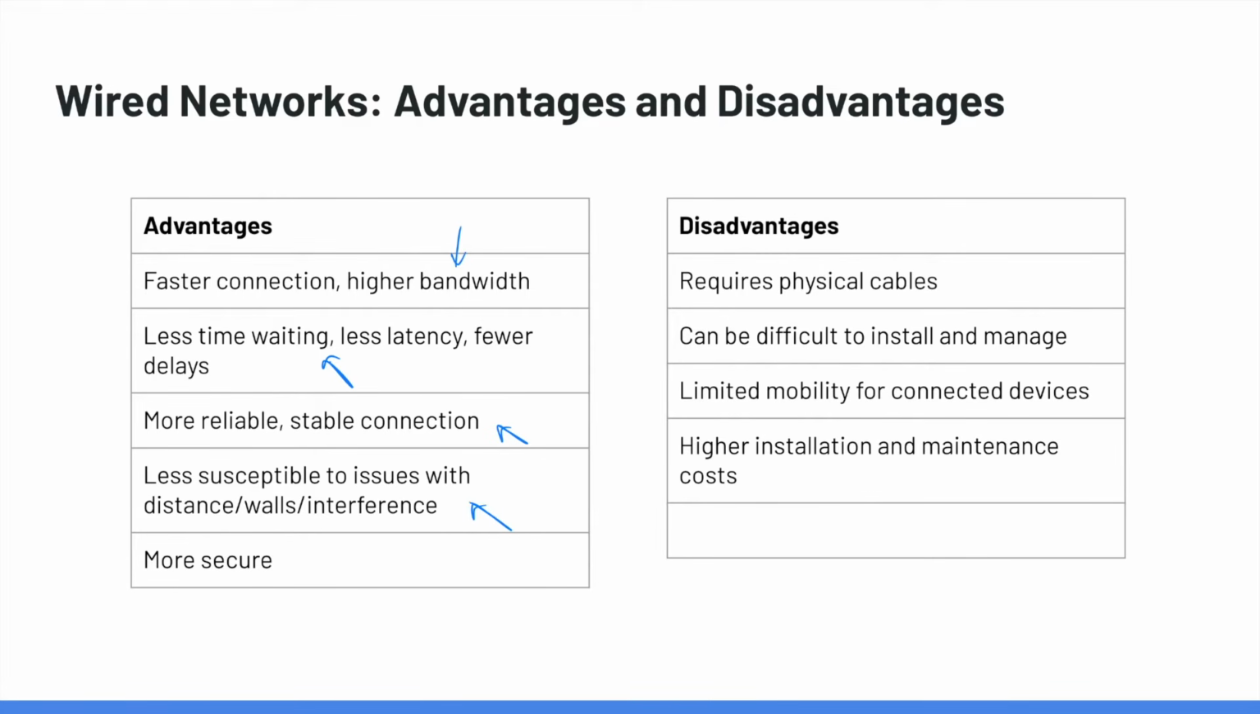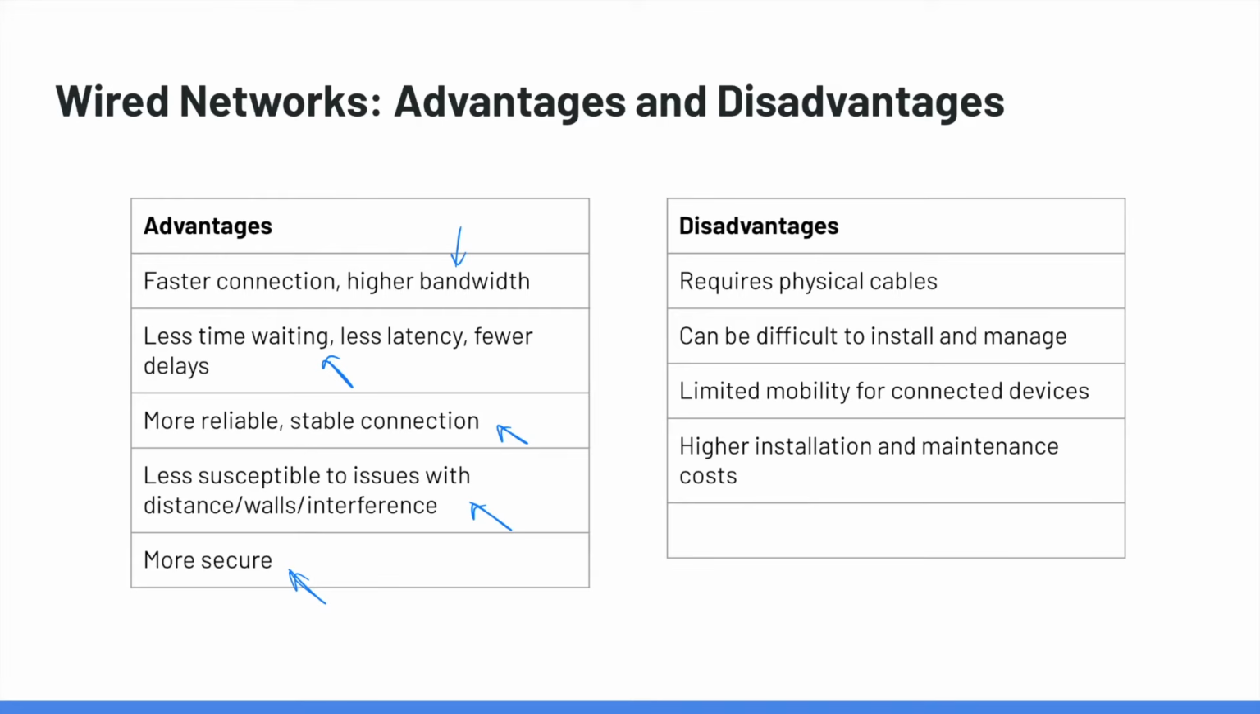Also with wired connections, you don't have to worry about walls or other objects being in between your wireless access point or between computers that are connected on a wireless network. And it's also more secure, largely because if you want to tap into a wired network, you pretty much physically need to connect to that wired network, which is much more difficult than just hiding somewhere and connecting to a wireless network. Also, with wireless networks, we can have issues with interference, with networks interfering with each other, which is not really as much of a problem with wired